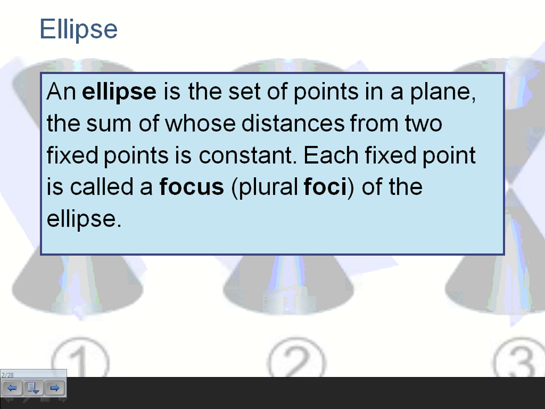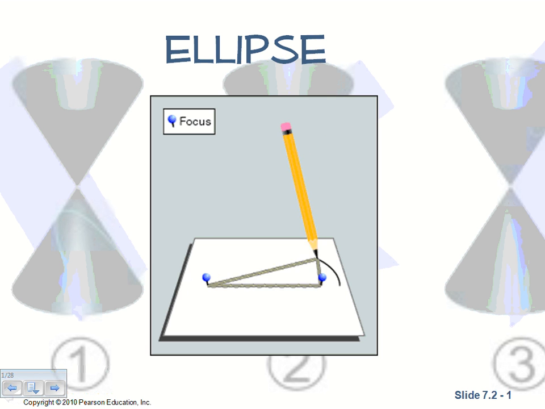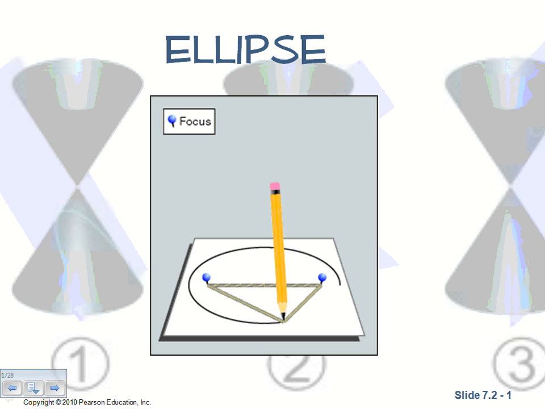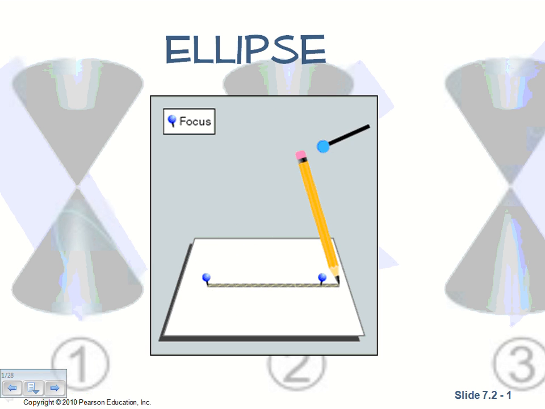An ellipse is a set of points on a plane, the sum of whose distance from 2 fixed points is constant. Each fixed point is called a focus, or foci for plural. So as we see, going back to that animation, the 2 foci are going to be those 2 blue thumbtacks. And we see the pencil being equidistant as a summation. In other words, the distance from here to any given point, from here to here, if this is x and this is y, x plus y